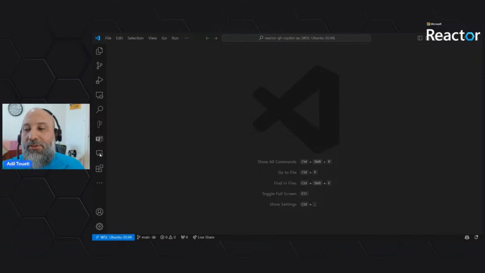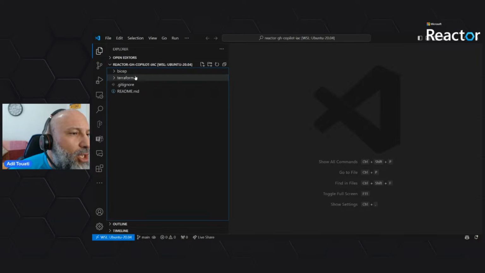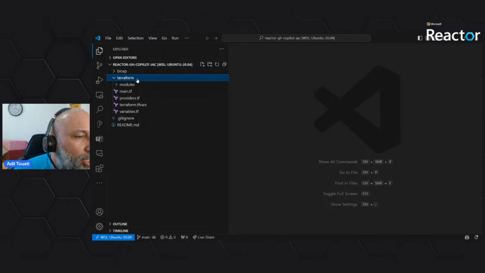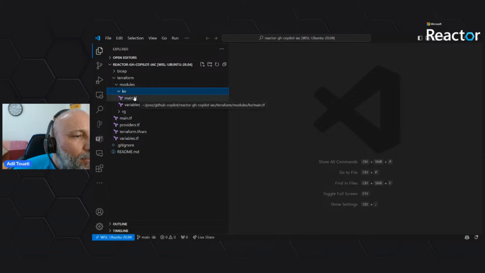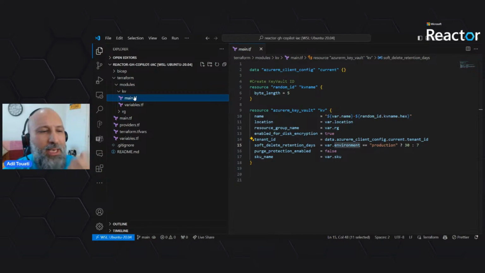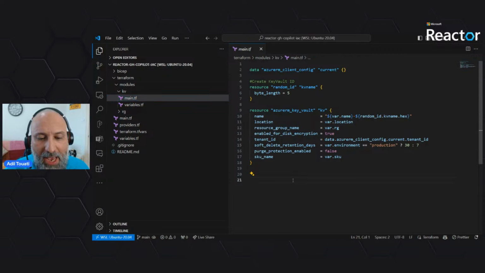We can use the code generation, the suggestions when we are in the context of a file, and we will show them. I will show you so you can see them easily. So let me go to this. Let's start with Terraform. So if I take that module, key vaults, I have a module here. I have a main.tf with that code. Okay. So if I look at it here, I can just position myself in this file, and it can start